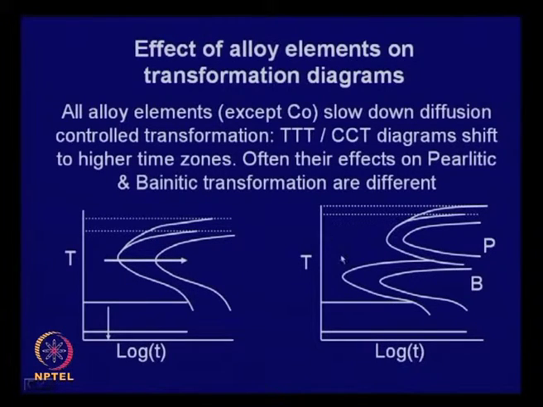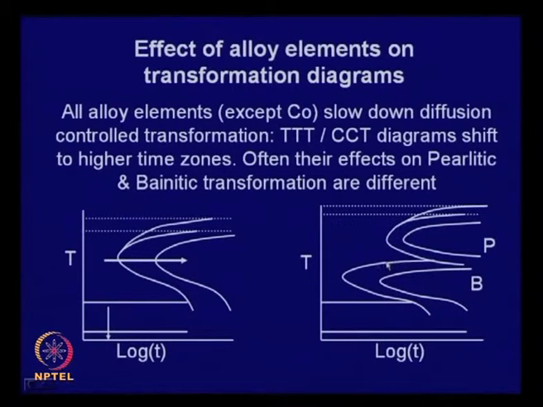Similarly, it is also possible that alloy addition will affect both pearlitic and bainitic transformations, the high temperature eutectoid and low temperature eutectoid transformations. Pearlite is a high temperature eutectoid transformation, bainite is a low temperature eutectoid transformation, and these are affected differently. Particularly, with chromium, this slows down pearlitic transformation, but not bainitic. So in this particular case you get another kind of